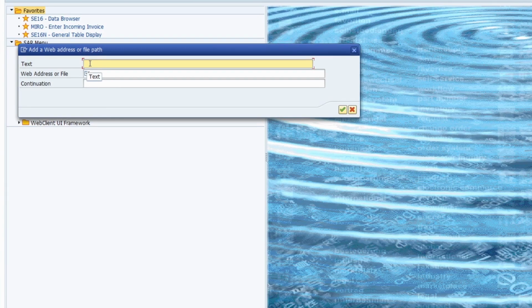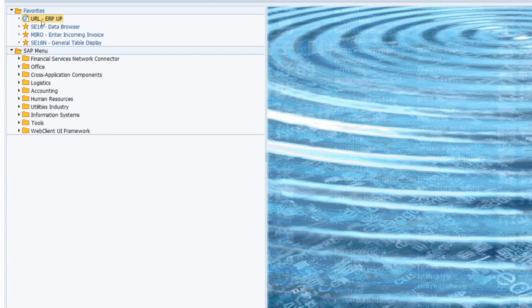Here you can type in the text which should be shown. So for example, ERP app. Under web address or file, you can specify the link, the web address, or your directory to a specific file. In my case, to my German speaking SAP blog, https://erp-app.de. And once you've clicked on this button or used the enter key on your keyboard, then this favorite has been added to this folder,